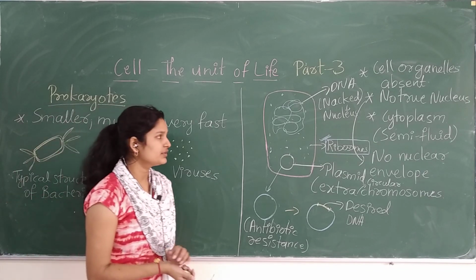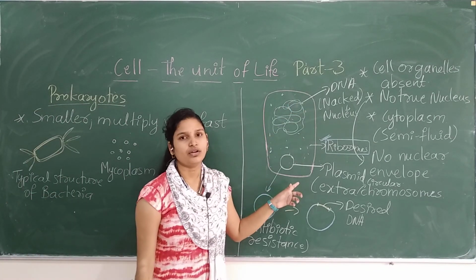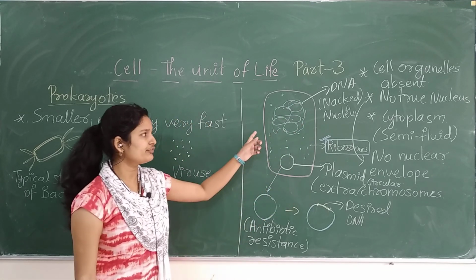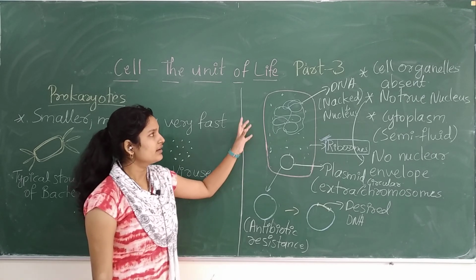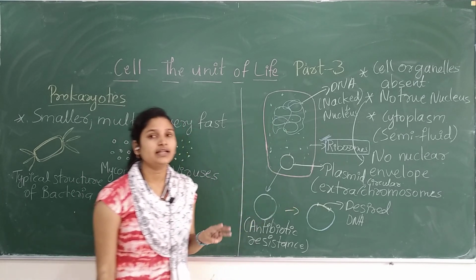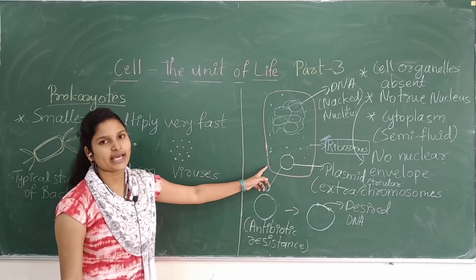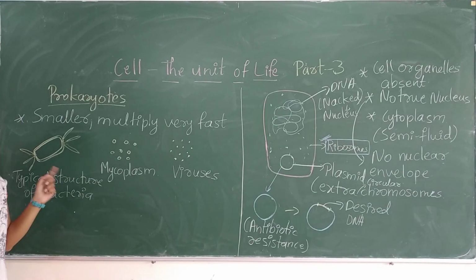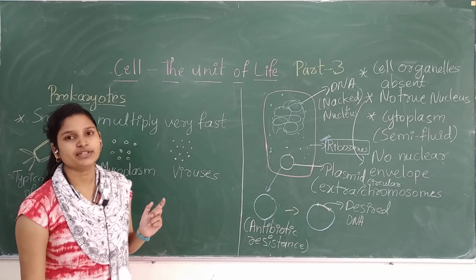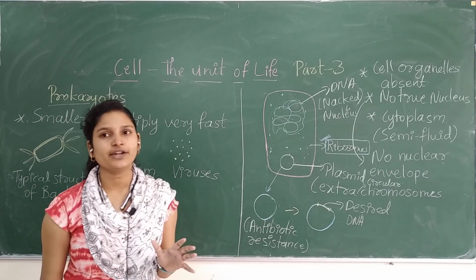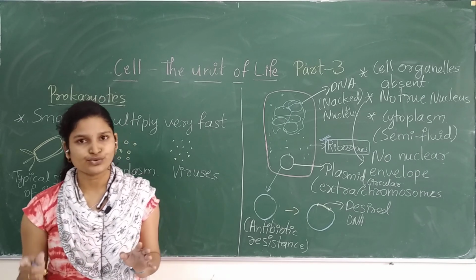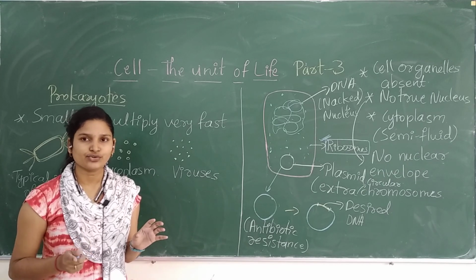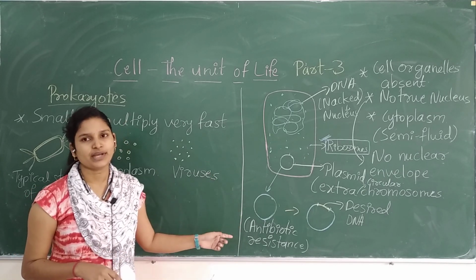In the next class we will study the cell wall or the outer layer of the prokaryotes and the uniqueness of this layer, why that uniqueness came, what the layers found in prokaryotes are, and why these different structures are present in prokaryotes. We will study that in the next class. I hope everything is clear. Have a clear cut idea about prokaryotes and eukaryotes. I have seen students get confused when it comes to prokaryotes and eukaryotes. Try to clear those basics now only, and if you have any doubts you can ask me.